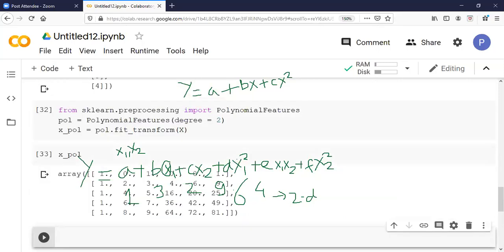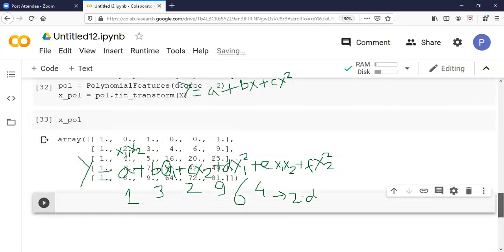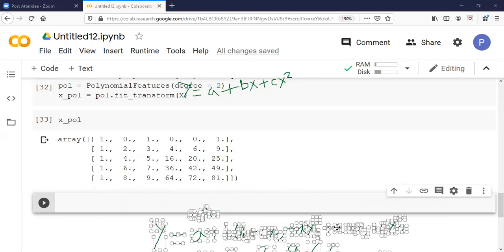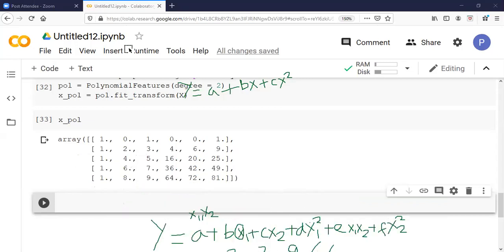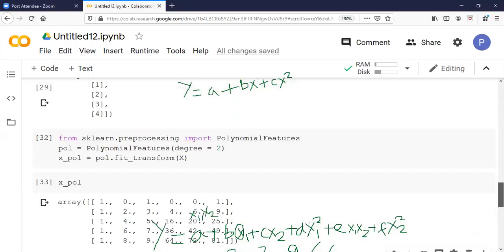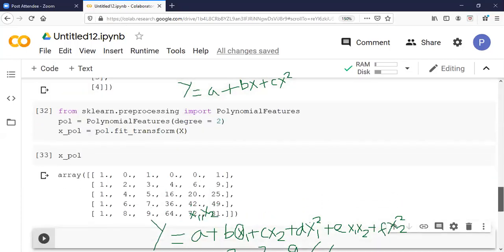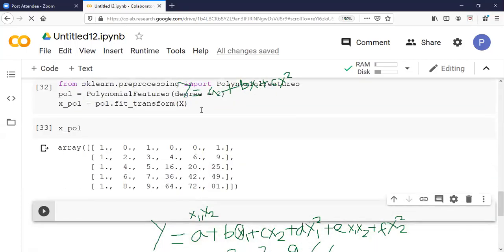Okay. So for degree 2, what am I getting? I am getting something like 1, 0, 1. Why 1, 0, 1? Just a minute, I will explain. Why 1, 0, 1 basically? Because the first two features are 1 and 0. You will see, the first two features are what? 1 and 0. Over here, if you see x,